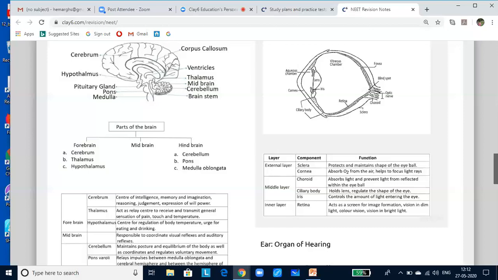Now, how does the eye really work? The mechanism of vision. The light rays focused on the retina through the cornea and lens generate potentials in the rods and cones. The human eye contains opsin, which is a protein, and retinal, which is an aldehyde of vitamin A.